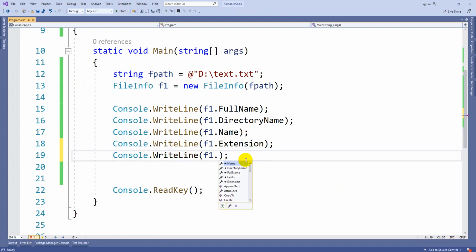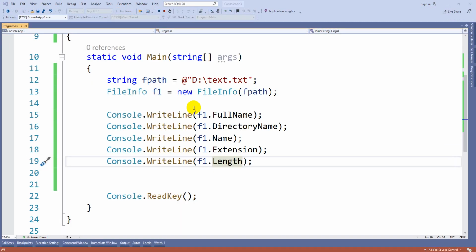Other than this, we have Length. Length is nothing but how many bytes it occupies in the drive.